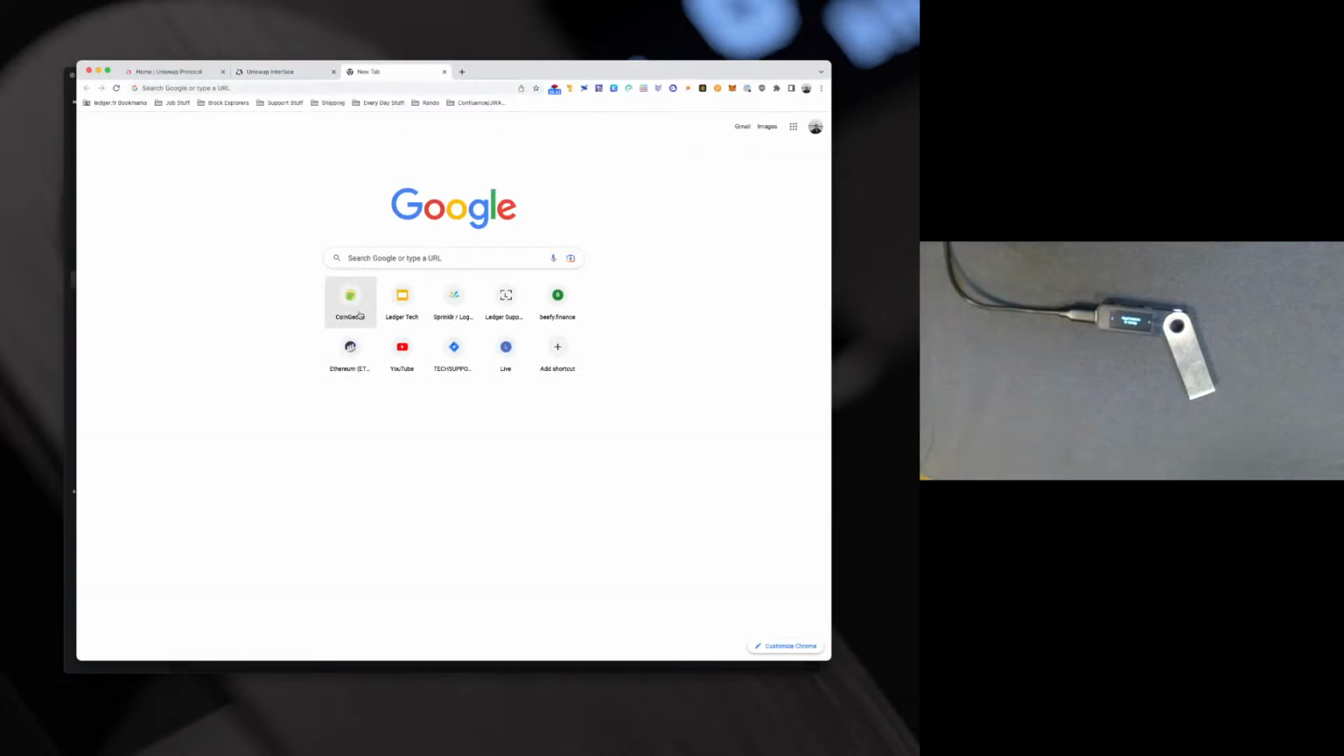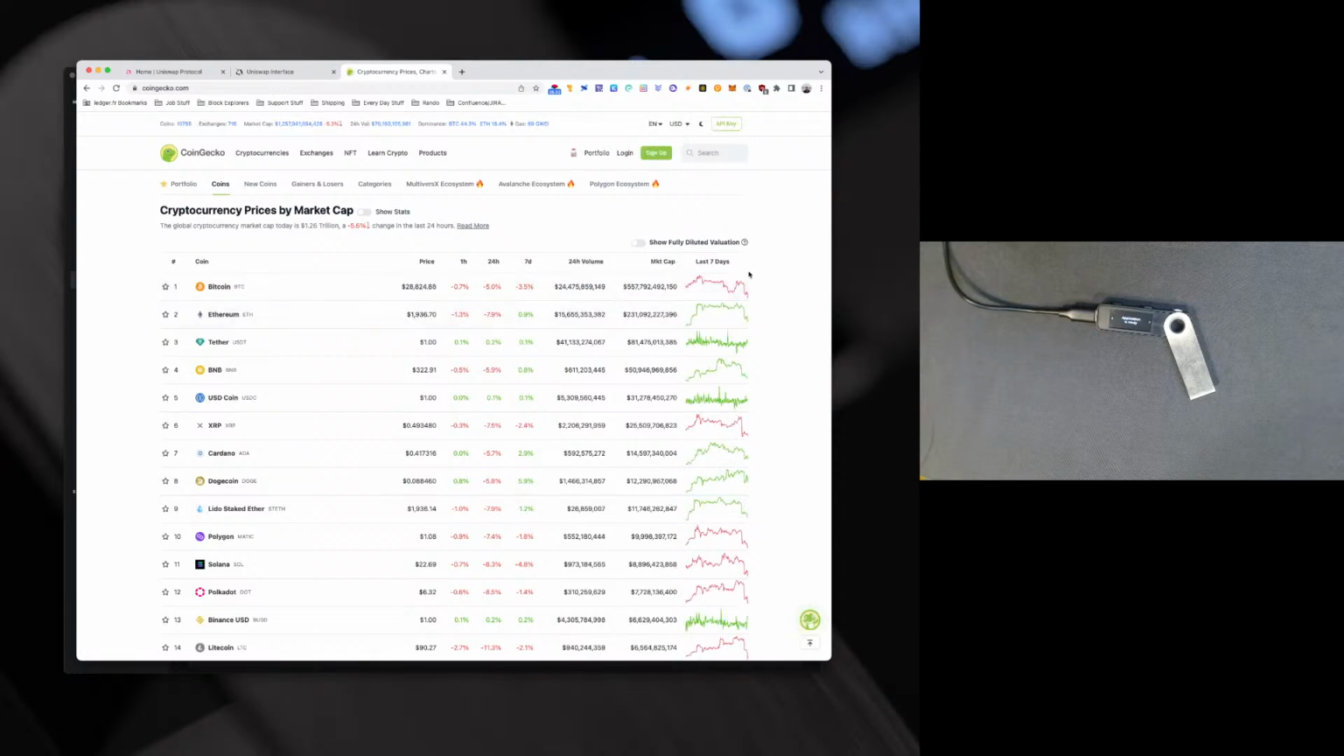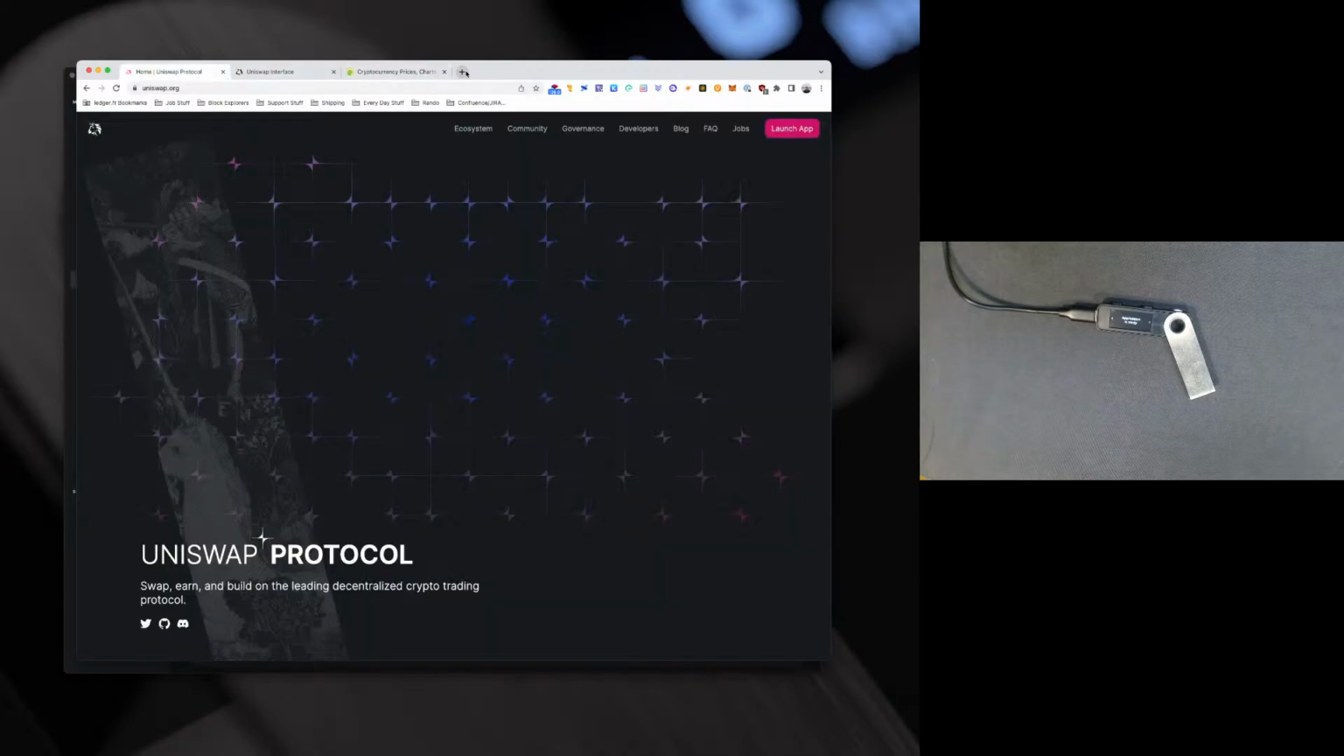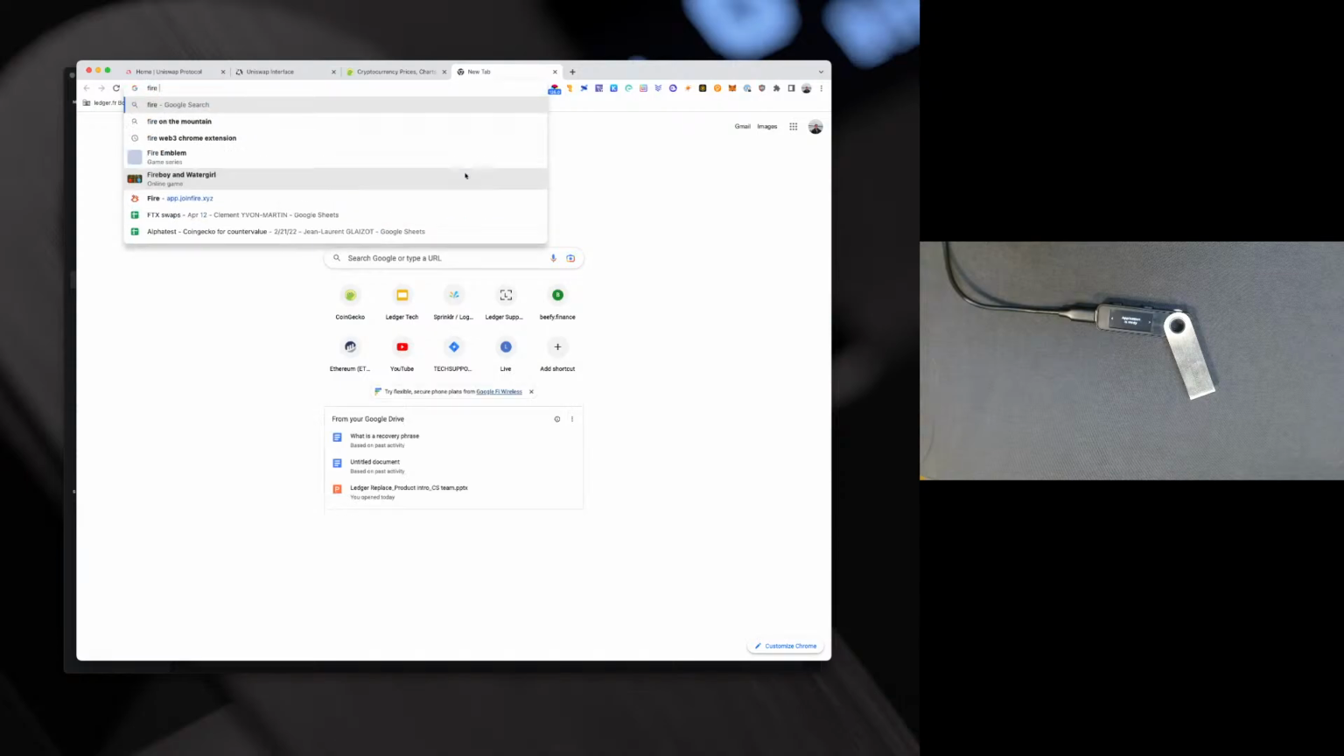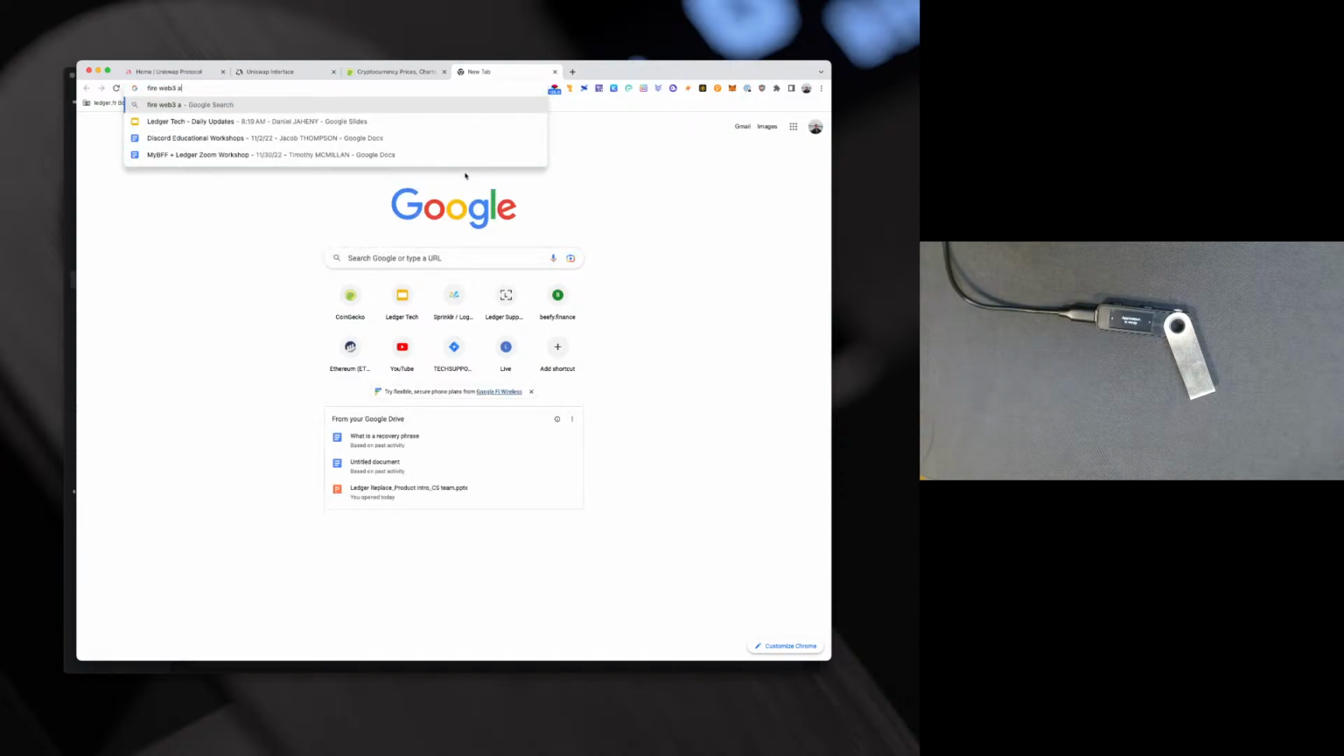I don't know why, but gas is really high right now. I'd have to look into it to find out what's going on. But it's currently at like 69 gwei, which is really high. That's why that swap fee was going to cost like $55. But yeah, so I'll go here. I'm going to go Fire Web3